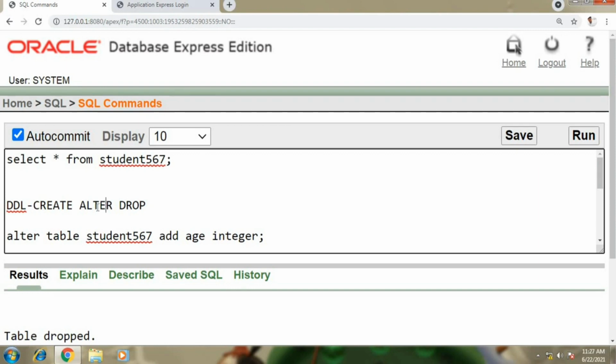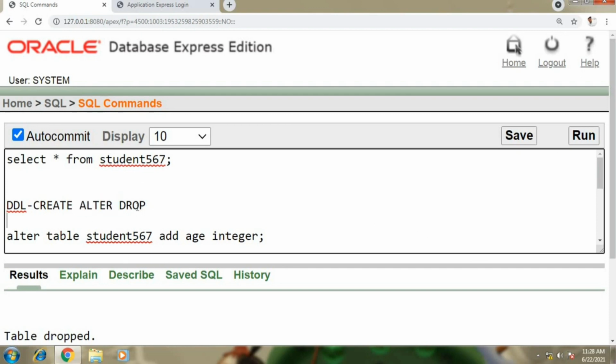You need to shorten the table. For example, if you are buying clothes, like a pant, and it is extended, if it has extra length, then you will alter it. In the same way, when you have extra content in your table, you can alter the table, or if it needs a larger amount of data, then also you can alter the table by using the alter keyword. Alter is a DDL statement.